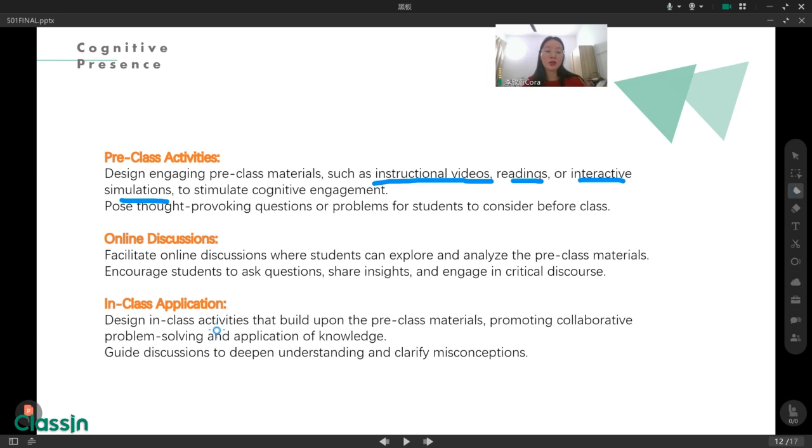In this part, we can build on the pre-class material with problem solving. We can also guide discussions to deepen understanding and clarify misconceptions. This is for the cognitive presence.